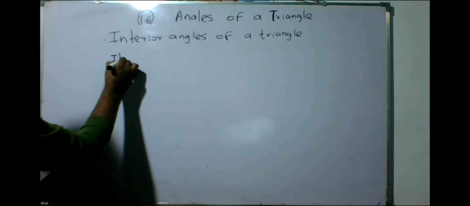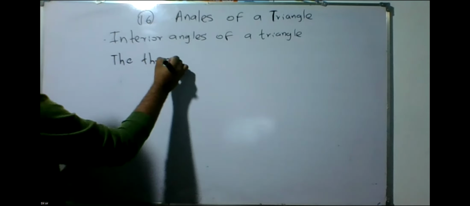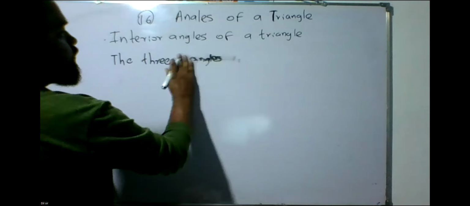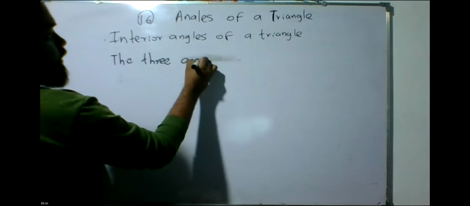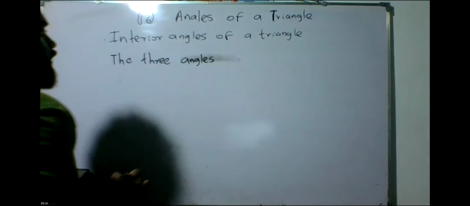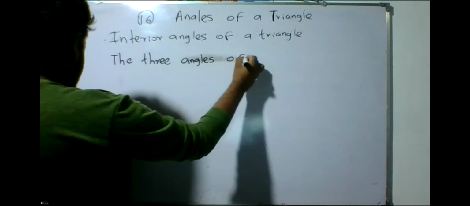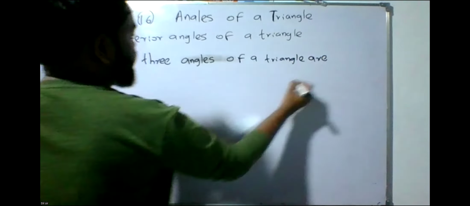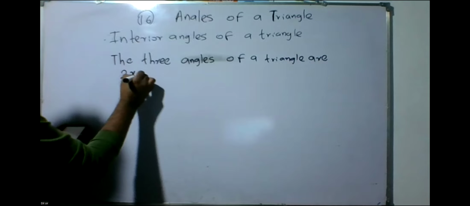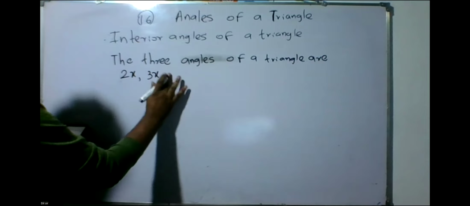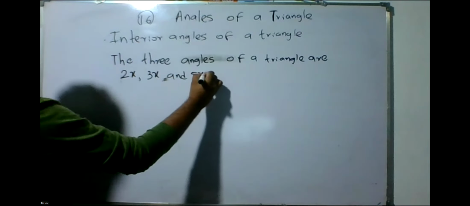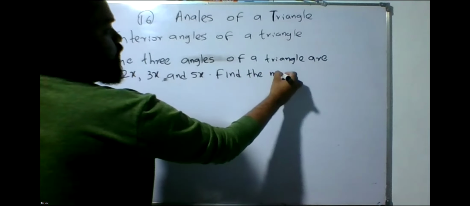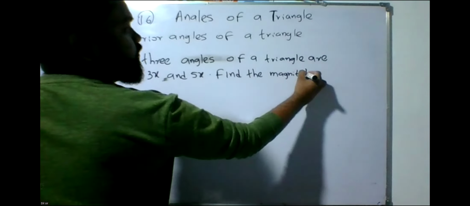Right, another question. Another tute question. Write down this question also. No figure. Only question is there. The three angles of a triangle are 2x, 3x, and 5x. Find the magnitude